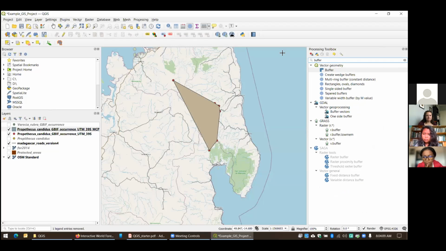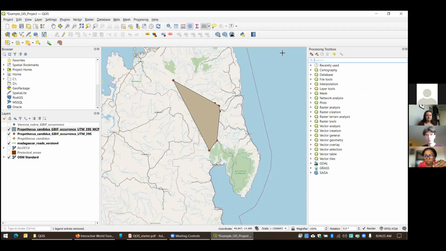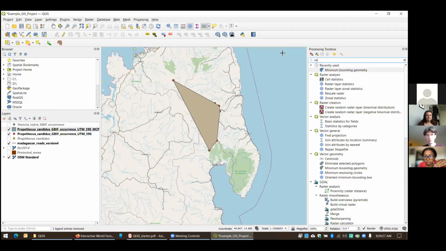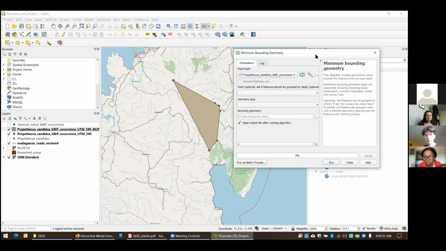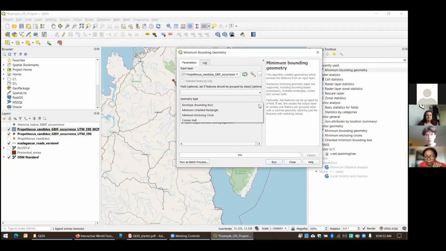Sorry Matthew, can you just repeat again the minimum bounding geometry, please? Repeat what specifically about it? Yeah, when you click, there are some choices about what to choose when you want to calculate the area here.